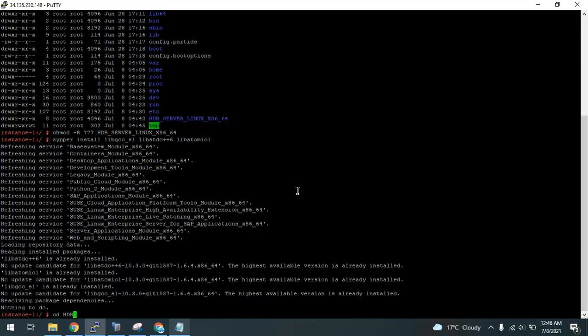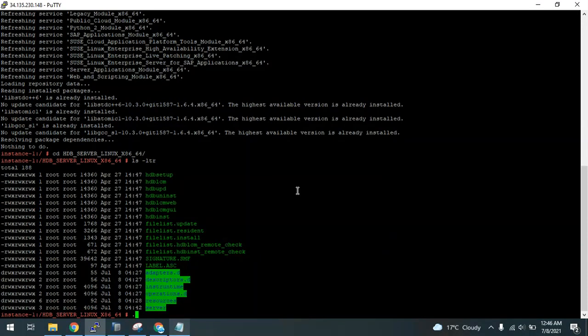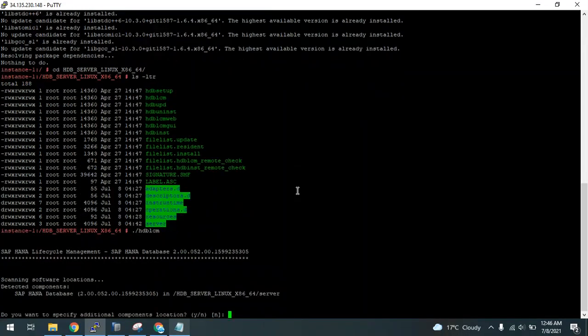So I'm going to my HANA installation directory. Here you need to put the command ./hdblcm. hdblcm is the tool with which you can install HANA. You can see now it has detected the component, so we have the HANA database 2 SPS5 in this package.